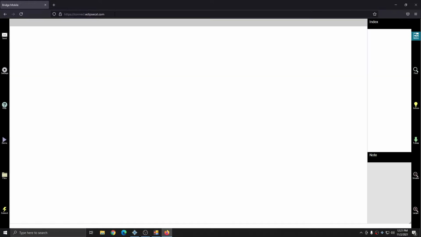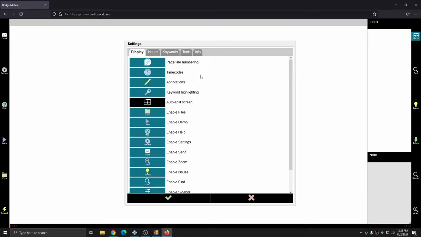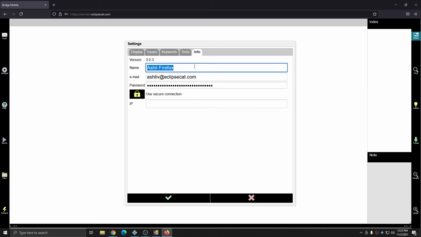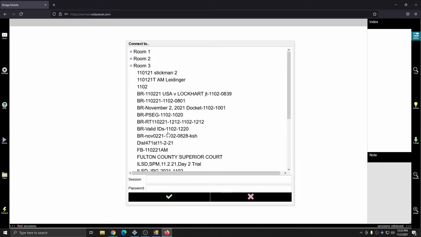Since each browser counts as a separate device, I'm able to just use different browsers to demonstrate these different features. In Firefox, before I attempt to join the session, if I go to Settings and then Info, you see that I have a different name and different email address set up in this browser. When I attempt to join my session, which is in room 3 this time,